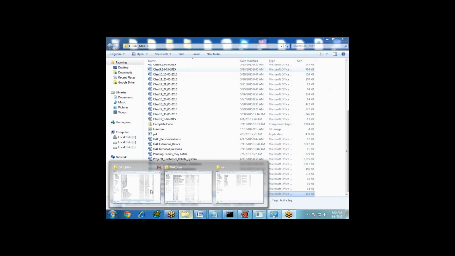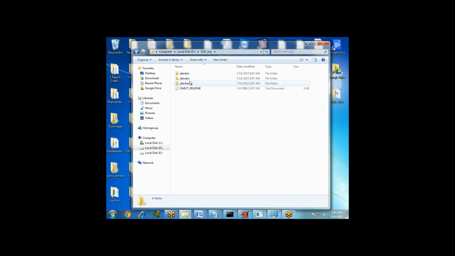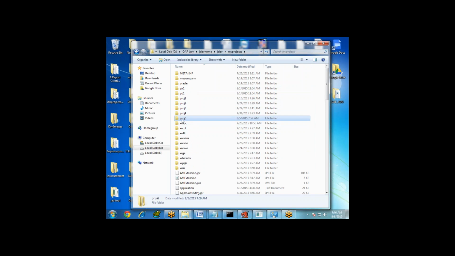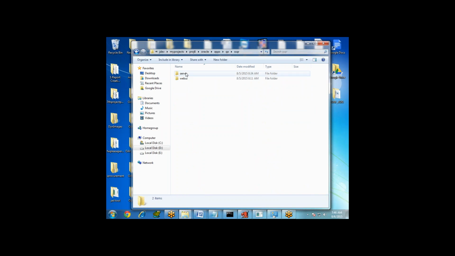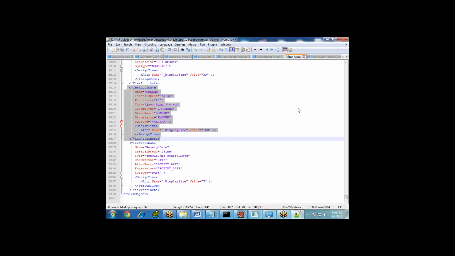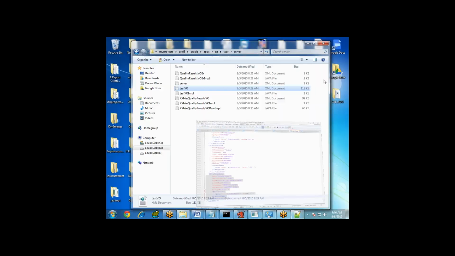So the attribute generation will be there. Where? My project 6 for active apps SPR server, testvivo.xml. Okay, now take this. I have created one dummy view array for generating an attribute. So take that one. Now